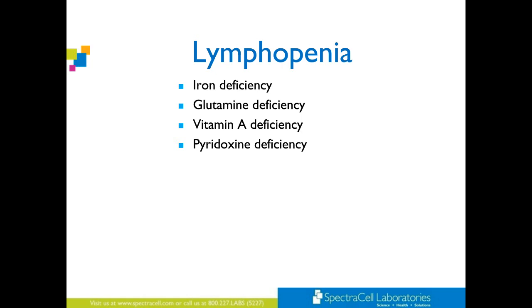So a person comes into your office, they're sick all the time, and they start to have some changes on their CBC. The point is, what do you do with it? Do you say, oh, it's a bacterial or viral infection? Or do you say you may have a nutritional deficiency that will not allow your immune system to work at its highest capacity? And as a result, until you correct that, you're going to continue to have this person